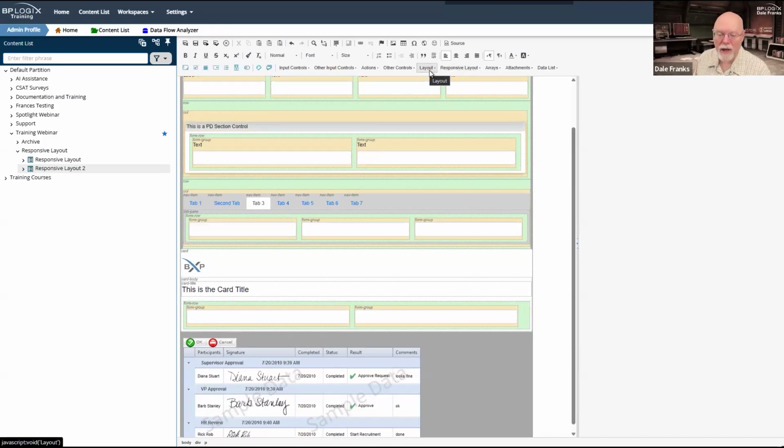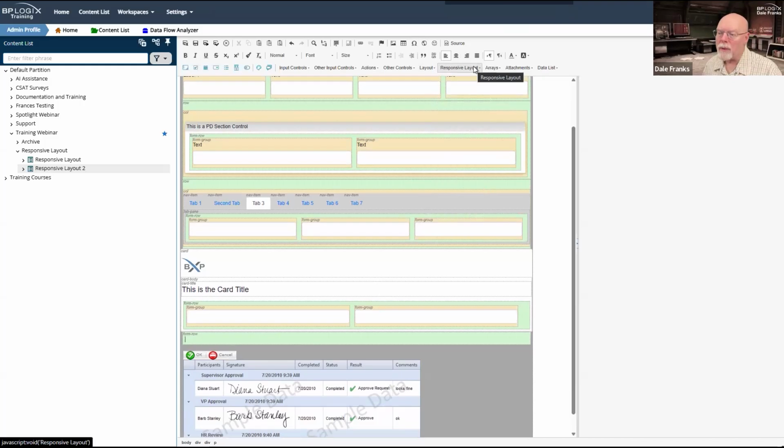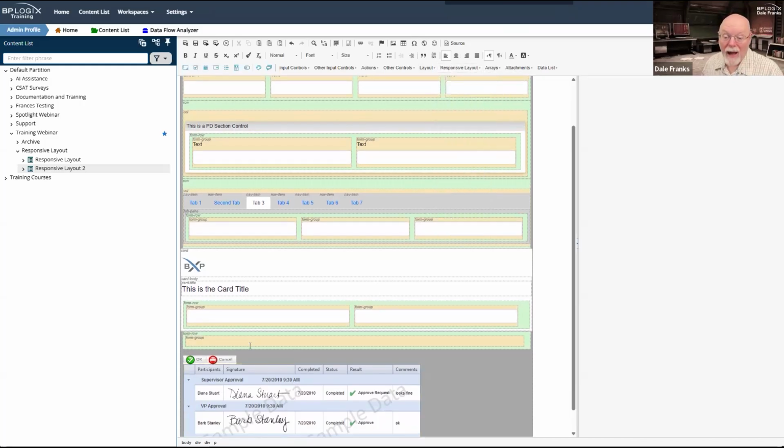And what we're going to do here is we're going to insert a form row instead of a row. So we're just going to go ahead and insert a form row. And inside that form row, we're going to insert a form group. And now we're going to build an array. So inside the form group, we're now going to throw in our table.